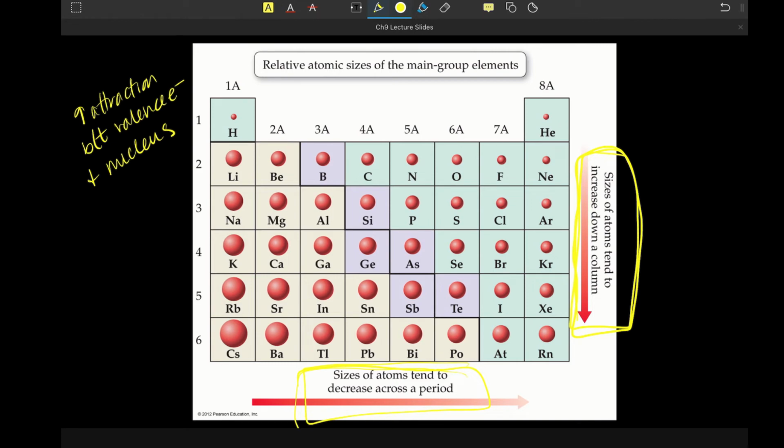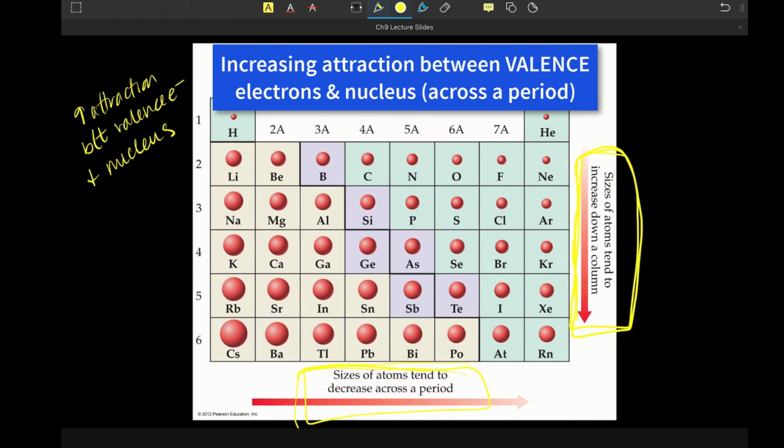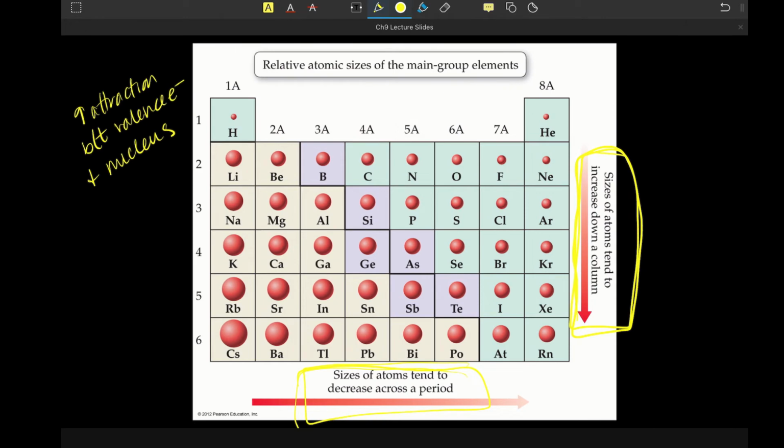What that means is that we're increasing the attraction. We're increasing the amount of opposite charge in relative proximity to one another, and that force of attraction increases, and my atom gets a little bit smaller. And the neat thing about atomic size is it explains the other two trends. Because if we think about this,